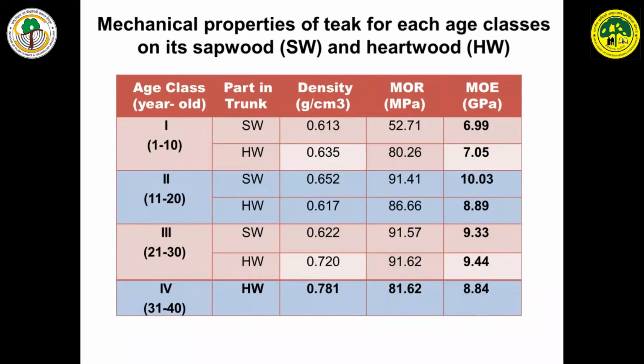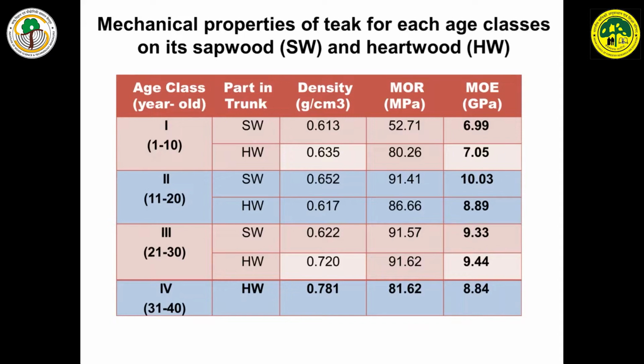When the tree age increased, we can see the density also increased for both sapwood and heartwood, but heartwood density was higher compared to sapwood in almost all cases, and similarly the modulus of rupture